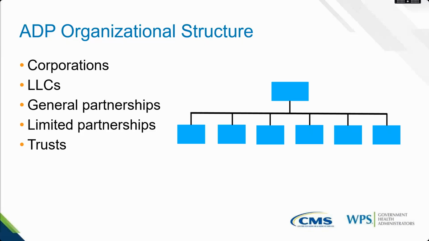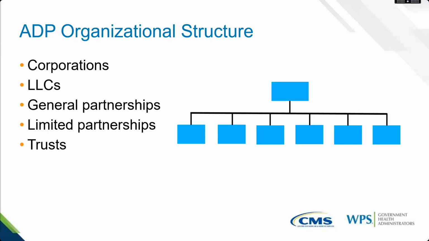So for the organizational structure, as I said, we're digging a little bit deeper here. This is a separate section in the attachment, but we're digging deeper into the owners and directors of the ADPs themselves. So we are reporting the ADPs, and now we want to know a little bit about their organizational structure. For corporations, the ADPs have to include all officers, directors, and 5% shareholders of that ADP. They have to be reported.